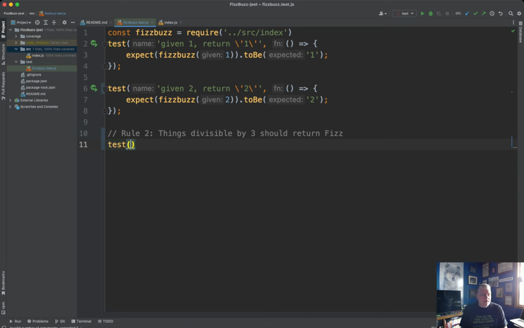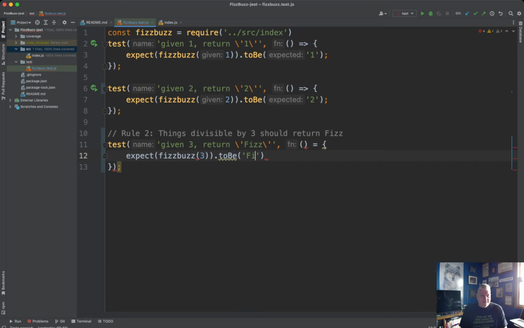Test, given 3, return fizz, give me a function, little anonymous function action, and then we're going to expect FizzBuzz 3 to be fizz,